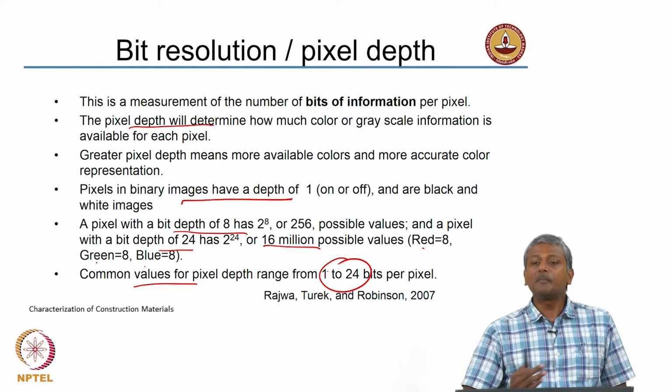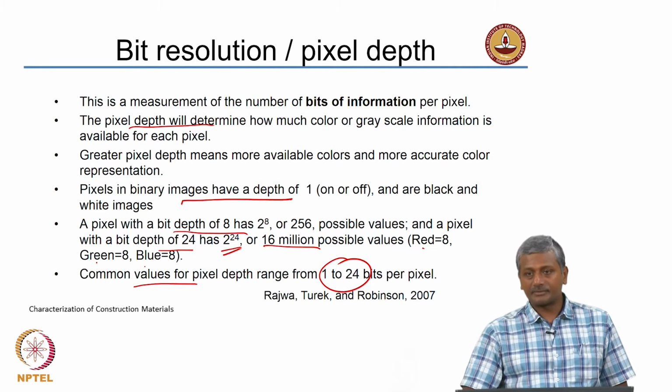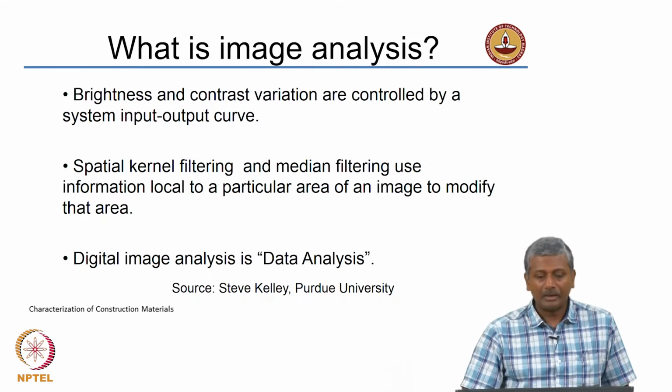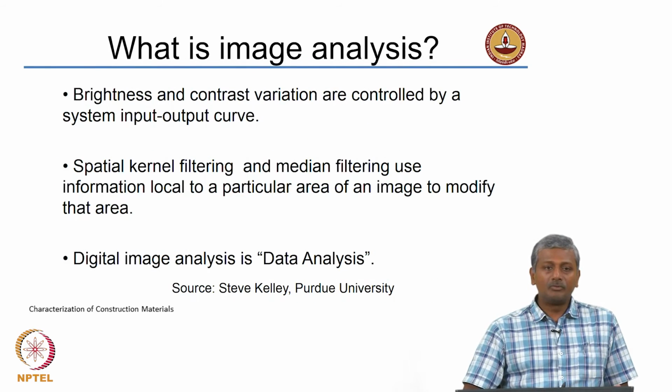So, the sharpest TFT or LED screens will have this level of resolution possible, 2 to the power 24. Especially when the broadcast is in high definition, you can actually get this extent of color information.